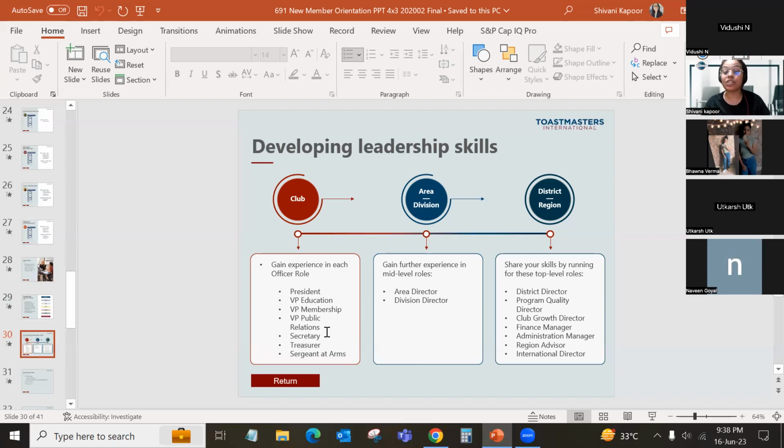VP Public Relations, however, is a creative person, the most creative head of the entire EC team. All the beautiful flyers that you see going out are from the Vice President Public Relations. It is extremely important to send out those communications, because if we don't receive those flyers, we might miss out on meetings or club updates. So you all stay connected with all the updates happening in the club.